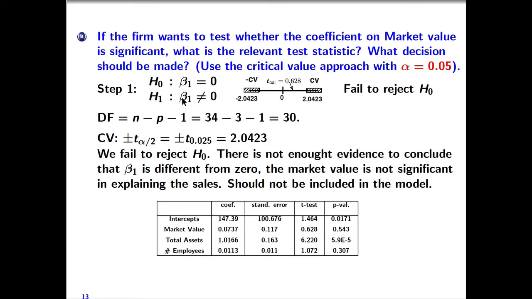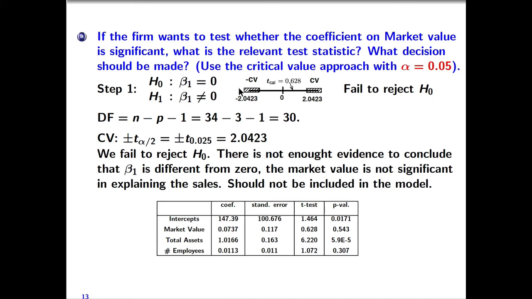We use the critical value method, and the degrees of freedom is n minus p minus 1. We have 34 observations, so you have 34 minus 3. P is the number of x's, which is 3, minus 1, and we get the degrees of freedom to be 30. The critical values are plus or minus t of alpha over 2. Alpha is 0.05, alpha over 2 is 0.025. Using the t-table,